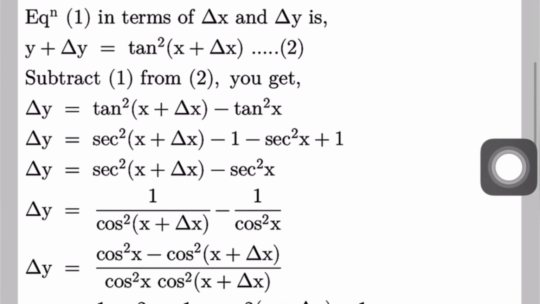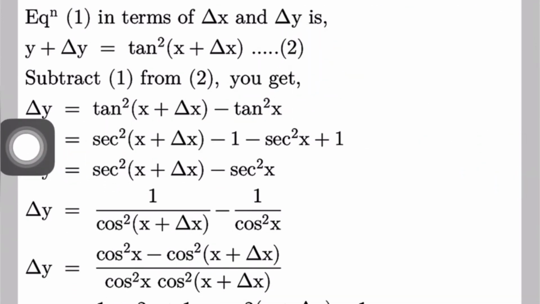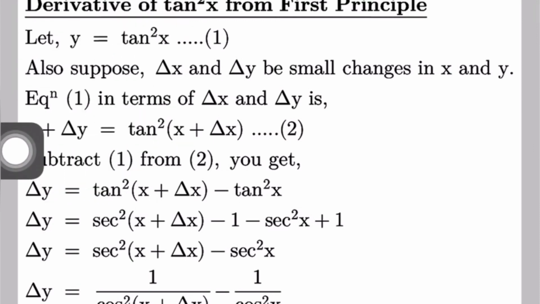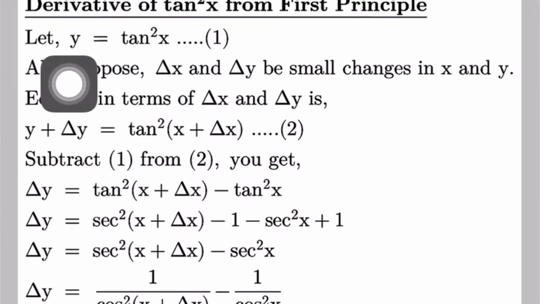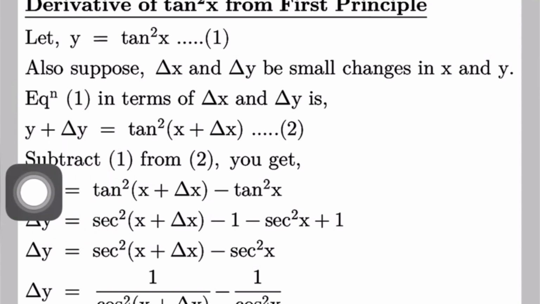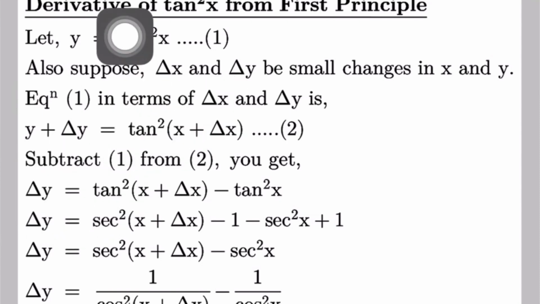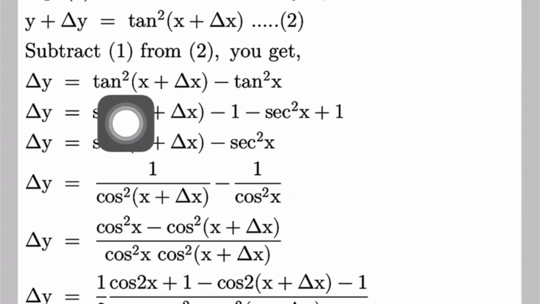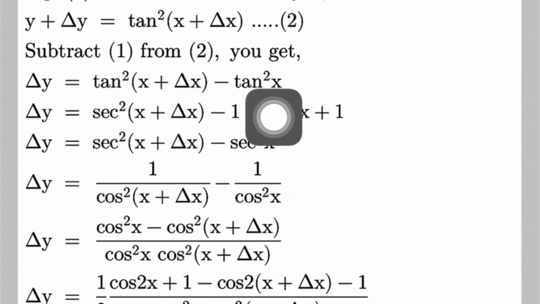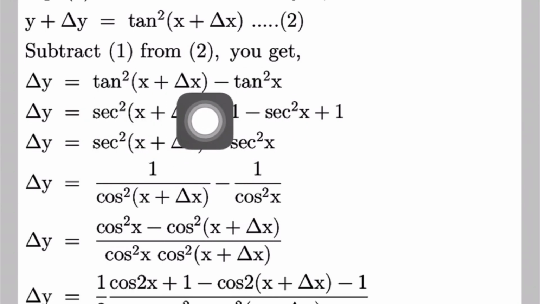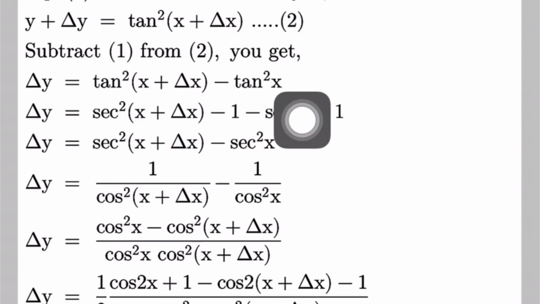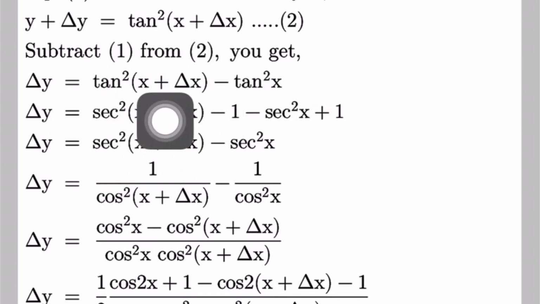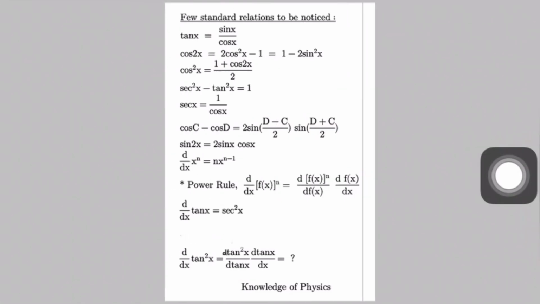And subtract equation 1 from equation 2. Then we get, if you subtract this equation from this, y plus del y minus y, the y cancels out, and you are left with del y is equal to this term minus this term. So del y is equal to tan square of (x plus del x) minus tan square x. And you have to convert this tan x in terms of sec x by using